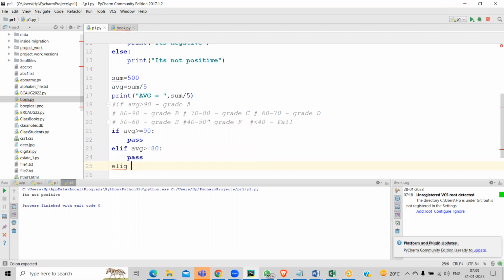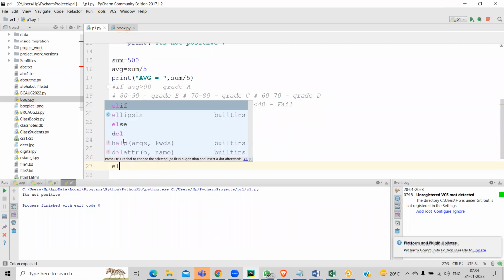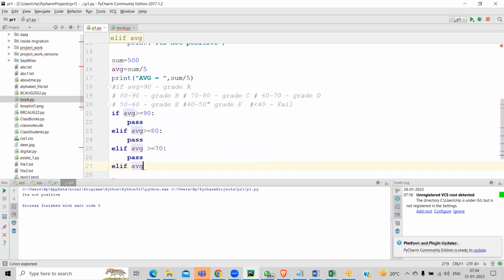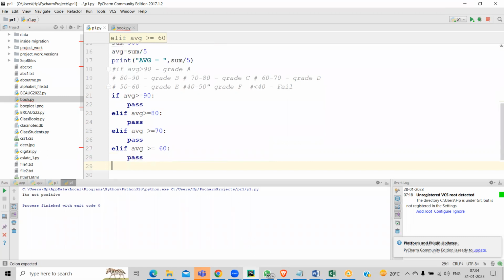Elif AVG greater than equal to 70, elif AVG, okay, pass. So when we are writing pass, there is no need to